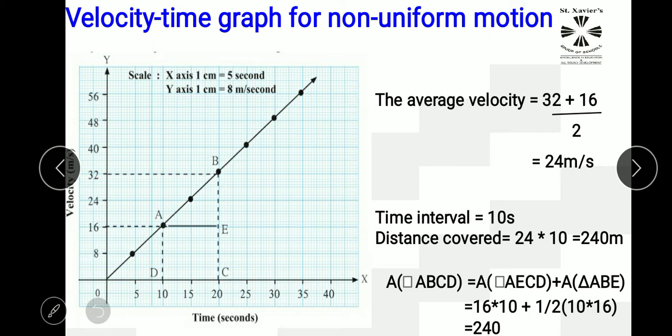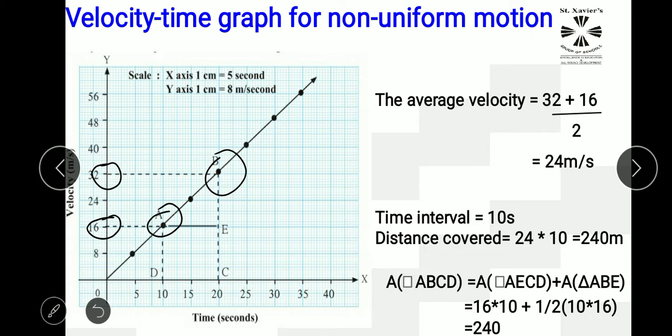Here students, when you see this diagram, an object starts from A and moves till point B. Initial velocity at A is 16 meter per second, and the velocity increases, and when the point is at B, its velocity becomes 32 meter per second, and time taken for change